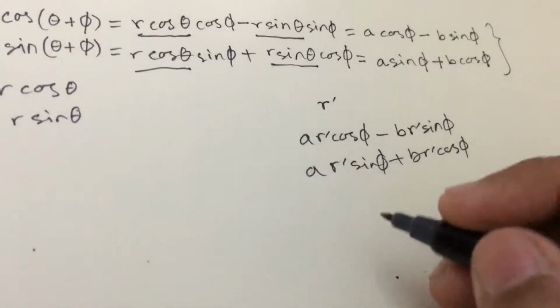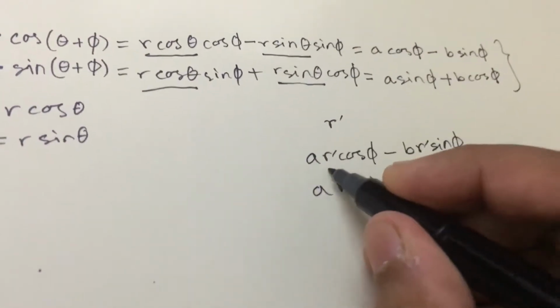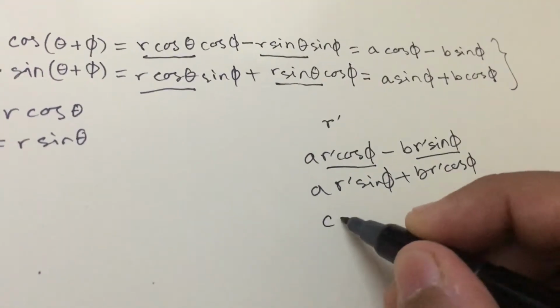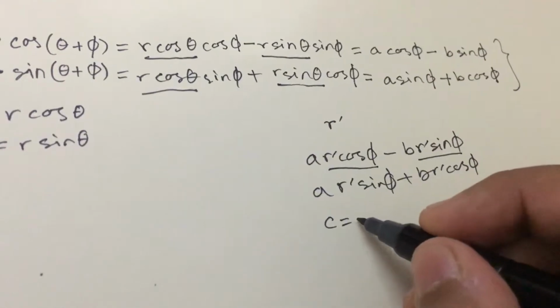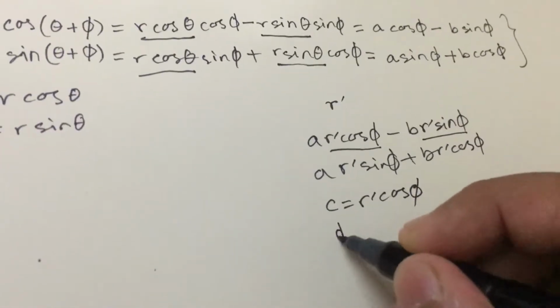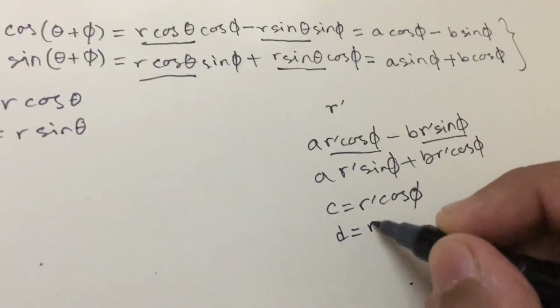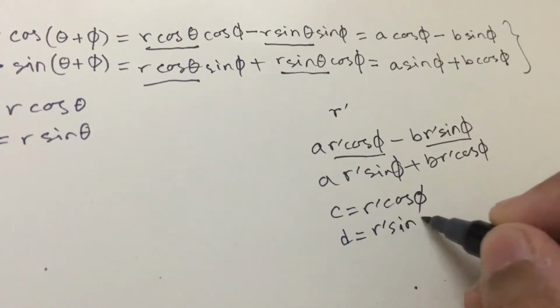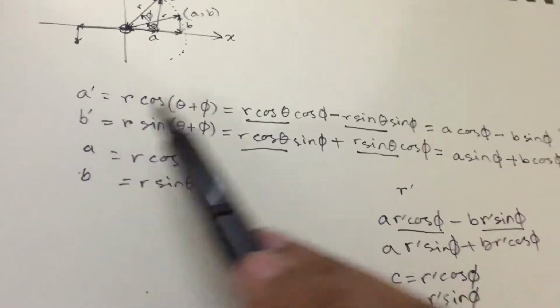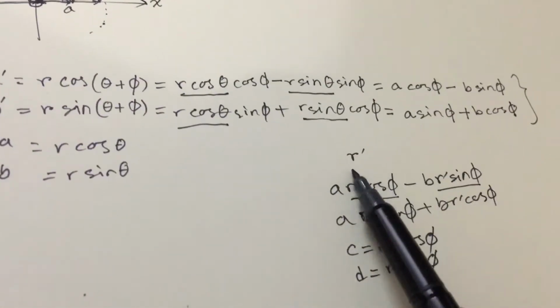So let's name these things. Let's just call it C is equal to r prime cos phi, and D equals r prime sin phi. So all we did was take these rotations and stretch them by a factor of r prime,